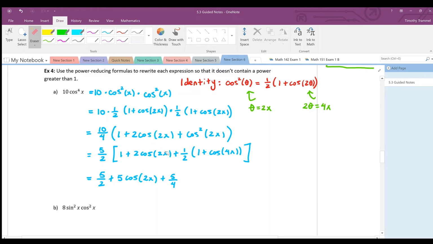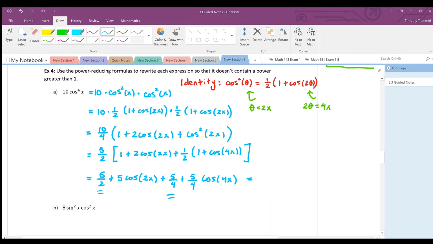So how about we just do 5/4 times 1 plus 5/4 times the cosine of 4x. And we only have 2 like terms here, right? This one's cosine 2x while this one's cosine 4x. So those two are not like terms. We won't be able to combine them. But the constant terms we can,